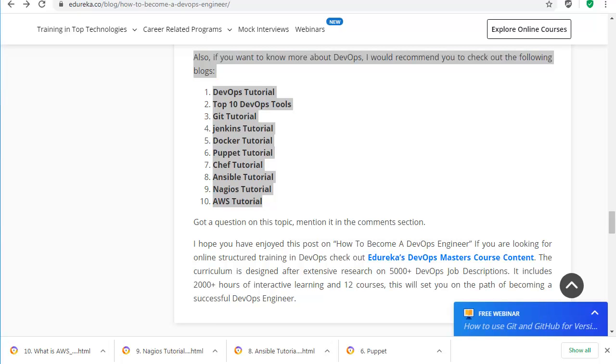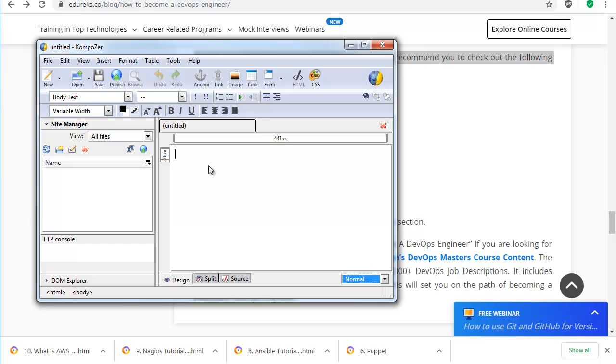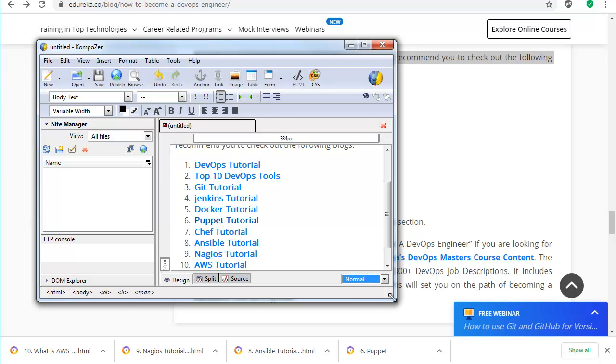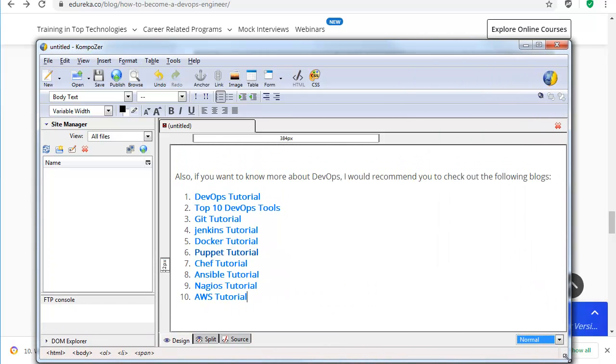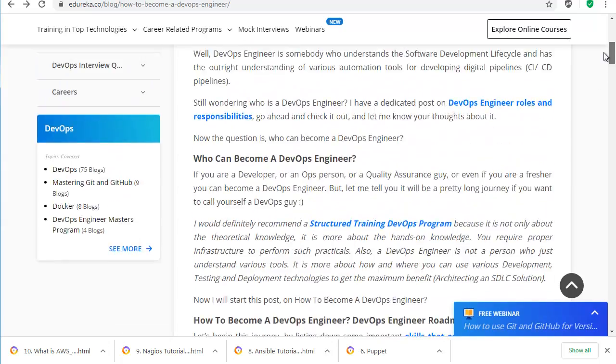Now I'm going to jump into my web editor program and I'm going to paste what I just copied. Perfect. And I'm going to go back to the initial page,